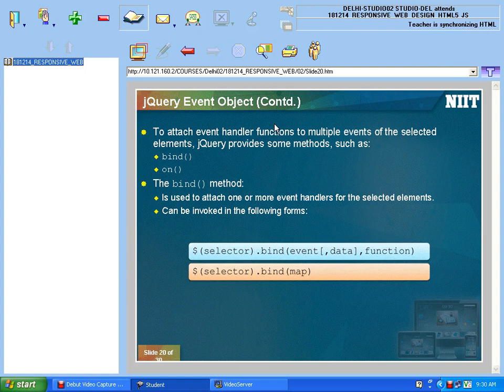I will use either the name of the element, or the ID selector, or the class selector along with my event. This is how I create or use an event in jQuery, any type of event that may be. Then